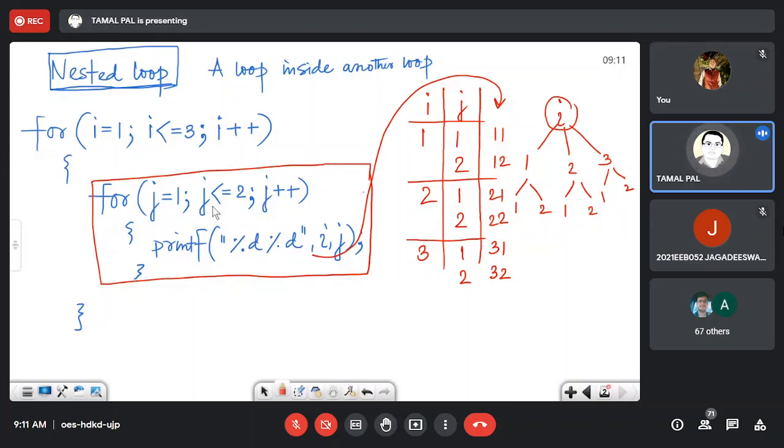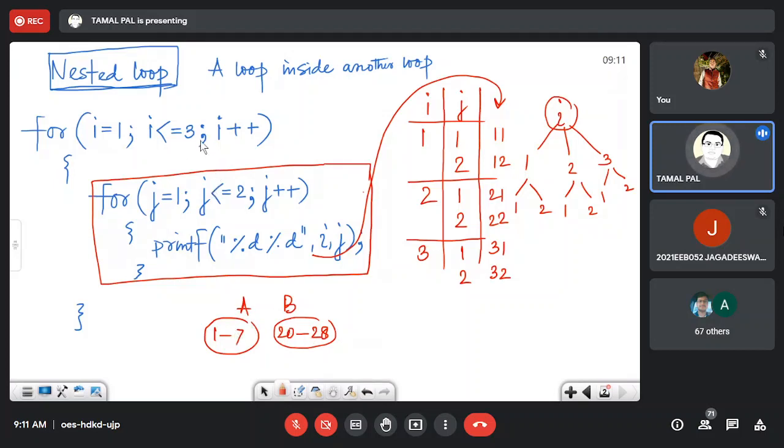Actually, if I ask you to find the combination of two variables, let's say A and B are variables. A runs from 1 to 7 and B runs from 20 to 28. Now I am asking you to find the combination of A and B. It will be very easy.